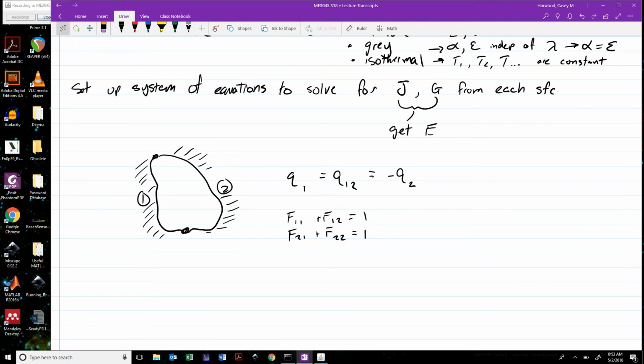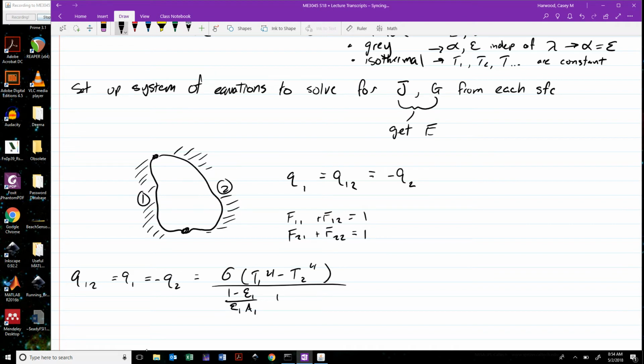In general, the two-surface enclosure like this is so simple that you can find the solution written out in the book. It says that Q12, the heat transfer out of surface 1, which is the negative of the heat transfer out of surface 2, is equal to sigma times T1 to the 4th minus T2 to the 4th, over 1 minus epsilon 1 over epsilon 1 A1, plus 1 over A1 F12,